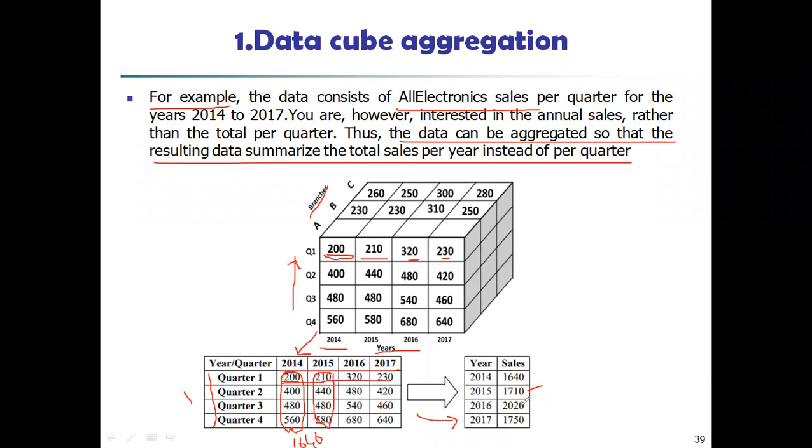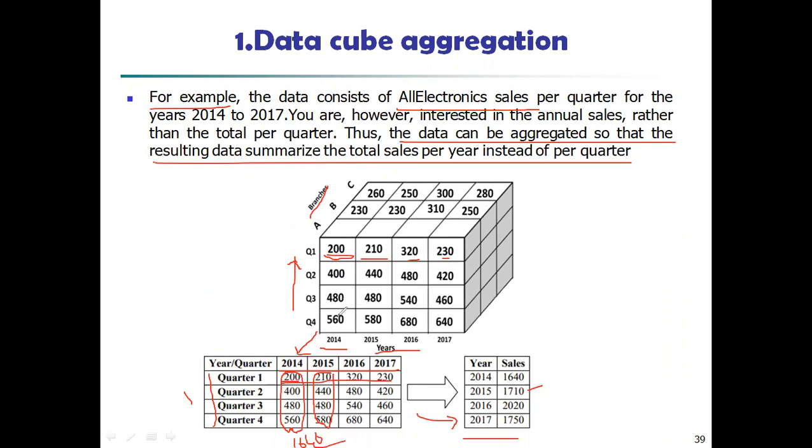Like this, you are going to aggregate here. Just here you are going to perform the aggregation, which means the sum. Instead of taking a quarterly representation, here you are taking the representation in the form of a year. By this you are going to reduce the number of rows of data, isn't it? Here you may reduce your data.